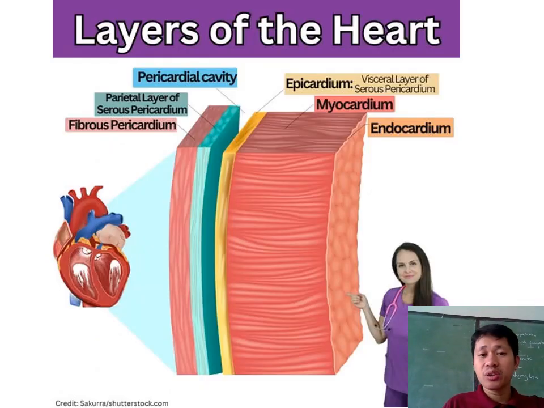If we include the heart wall and the coverings of the heart, then we'll see that it is made up of six layers. The endocardium, the innermost, then the myocardium, which is made up of muscle fibers, as illustrated in this diagram. The epicardium, which is the same as the visceral. We had a correction earlier: it's not parietal, it's visceral pericardium. And then the pericardial cavity, which is filled with fluid. After it is the parietal layer of the serous pericardium, and the outermost layer of the heart is the fibrous pericardium.